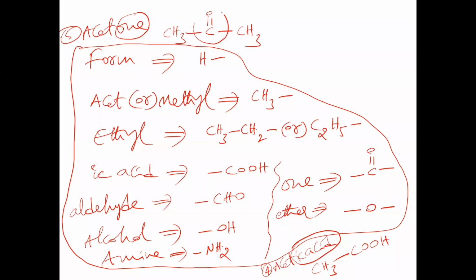This CO group, bond CO bond, is it a bivalent group or a monovalent group? Na? It is bivalent. This free bond, this free bond. Two free bonds are there for this group. So ketone is what? A bivalent functional group. If you take bond CHO, how many bonds can it form? CHO group, one bond only. So it is a monovalent functional group. Bond CHO, bond OH, bond COOH, these all groups can form only one bond, so they are monovalent functional groups. But if you take ONE, bond CO bond, it is bivalent. Bivalent means this side one acid, this side one acid.